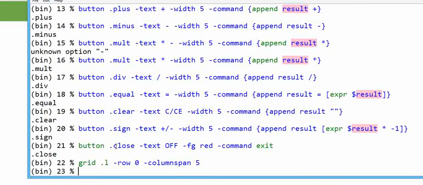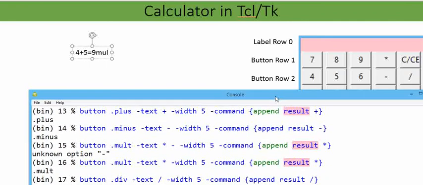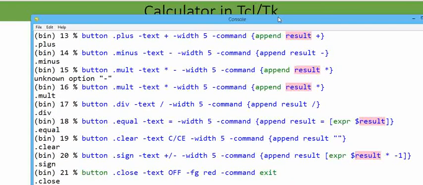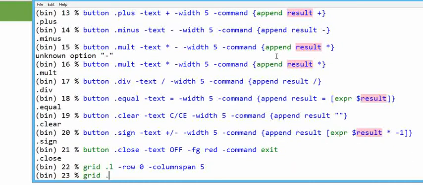The second widget to appear is the grid dot key, row number 1. Row number 1 contains 7, 8, 9. So grid dot key 7, key 8, key 9.